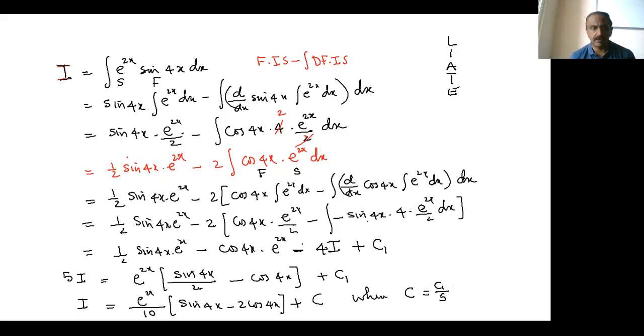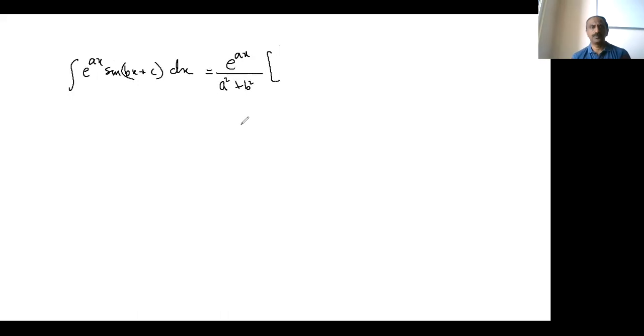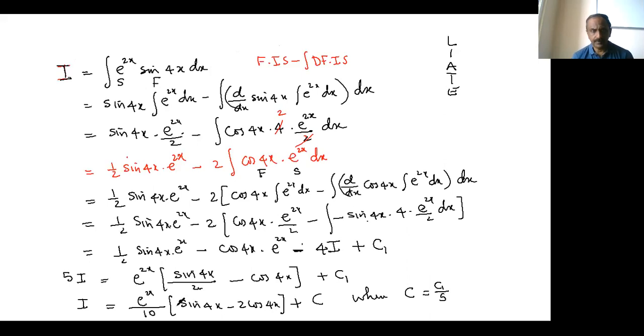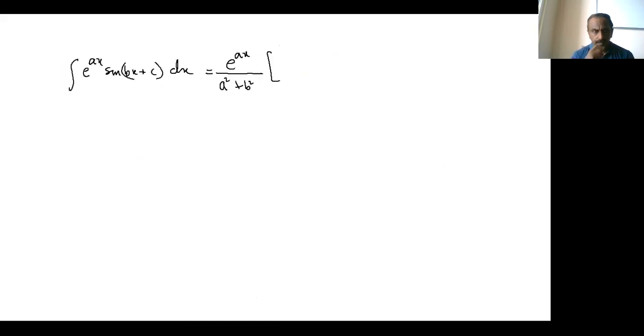So you can make a generalization in this particular problem. So I'm going to write the general formula for this. If you can remember, well and good. Integral of e raised to ax sine bx plus c dx. You will always notice that e raised to ax will be the common factor, upon a square plus b square into. You will notice that there's a coefficient here with a sign, and there's a coefficient here. So you will be getting the answer as